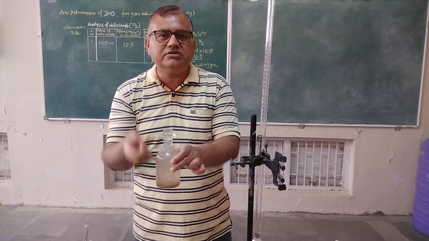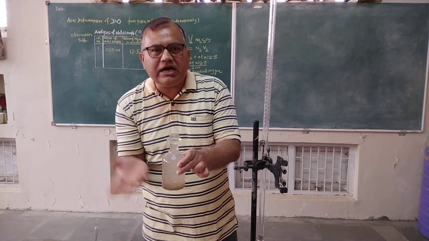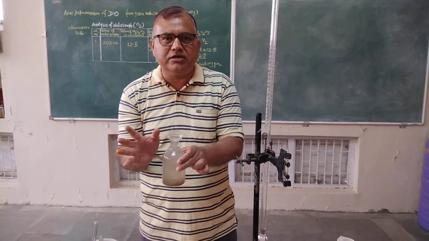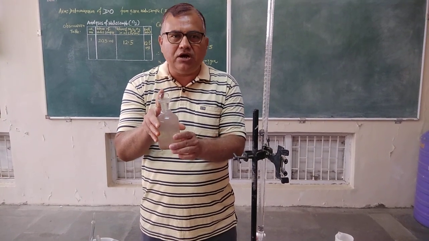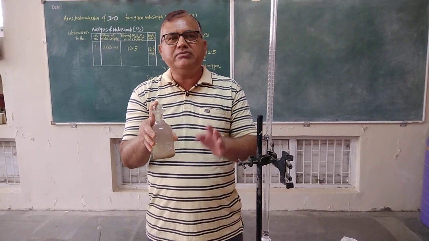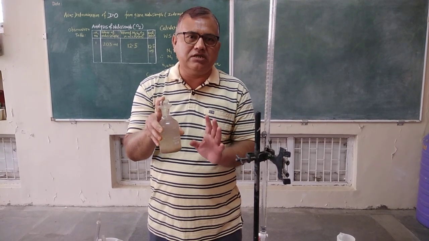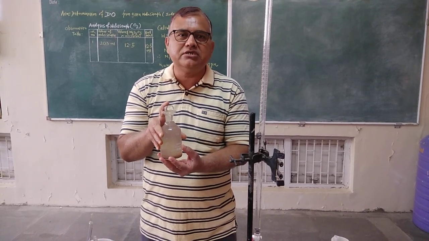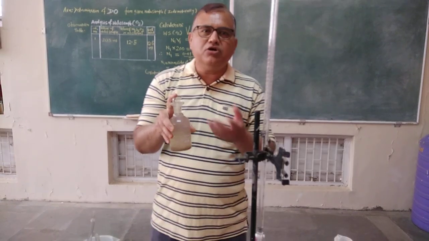But this is the solution which is displaced. This is the reaction mixture which is displaced, and therefore it makes no difference to the experiment, because what has gone out now is the reaction mixture. It is not a particular chemical, and therefore it makes no difference. Only the water sample will be reduced now by 4 ml, means it is not 300 ml now. So 300 minus 4 means it remains only 296 ml of original water sample in the bottle, and therefore during calculation we will calculate the equivalent amount of the reaction mixture that you have to take for titration. So later on I will explain how much you have to take.